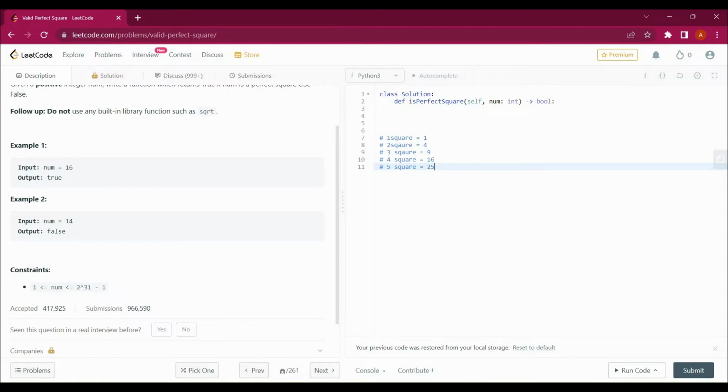So what actually is a perfect square? It means that if you multiply the number by itself, you get that value: 1 into 1 is 1, 2 into 2 is 4, 3 into 3 is 9, and then 16 and 25. So these are the perfect squares, and the numbers between these values, like between 1 and 4, or 4 and 9, or 9 and 16, would not be perfect squares. If we talk about the range between 9 and 16,